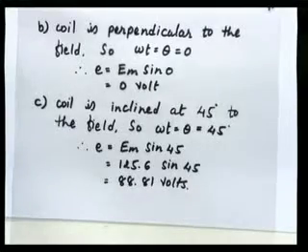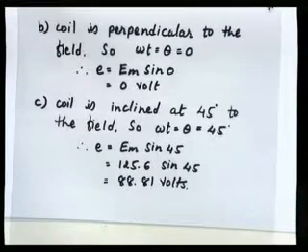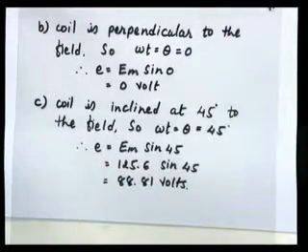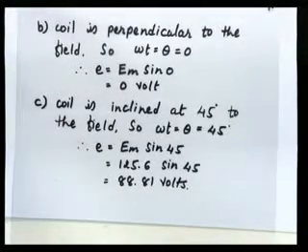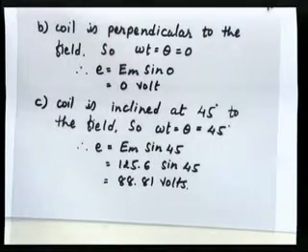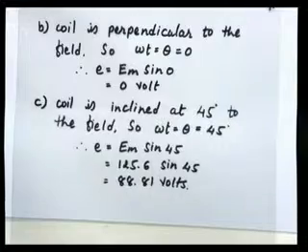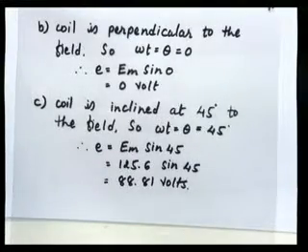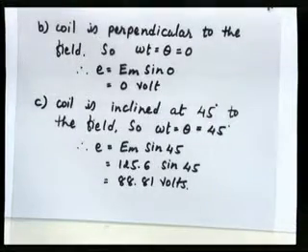it is given that your coil is perpendicular to the field, which means the angle between the coil and the plane is equal to 0. So again put this value into the instantaneous induced EMF equation, E equal to Em sin theta. As we know, theta is equal to 0 for this particular case. So sin 0 is equal to 0. So your answer is equal to 0. Whenever your coil is perpendicular to the field, which means it is at the X dash position, the induced EMF is equal to 0. According to our theory also, it will give you a 0 answer.